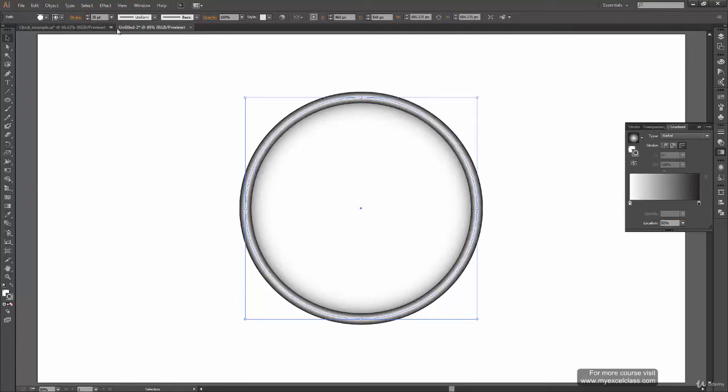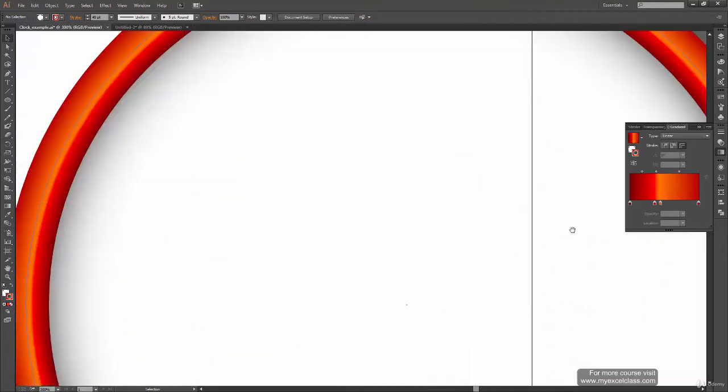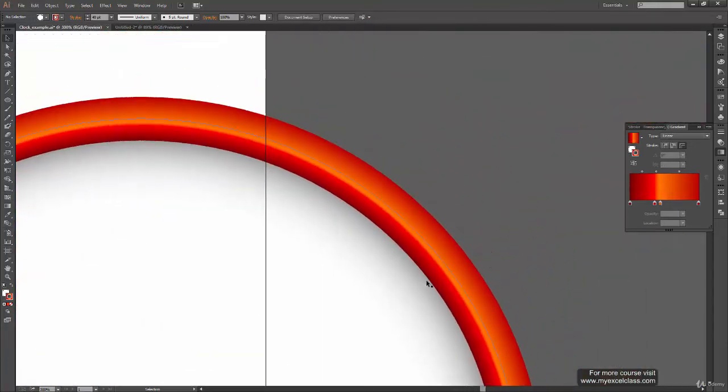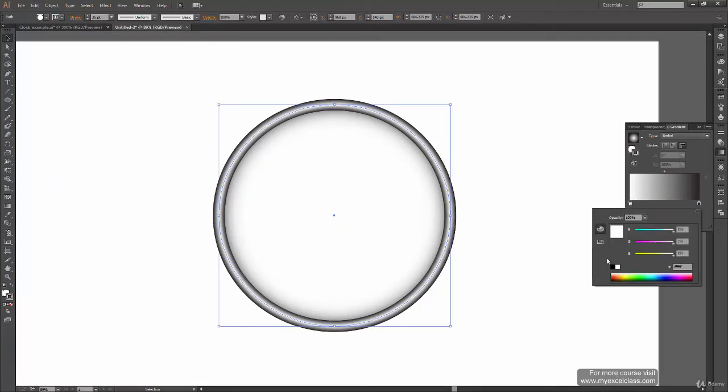Okay, and now we will try to create a gradient which looks something like this. So if I go here, I can see that there are some 3 to 4 color fills. One should be over here, one should be over here, that is 2 buckets. In between there is this red and there is this yellow also. So something like this, we can create a gradient like this. So let's just try creating that kind of gradient.